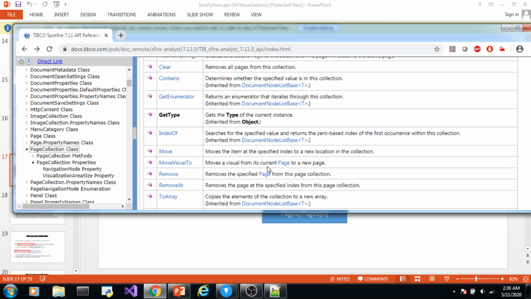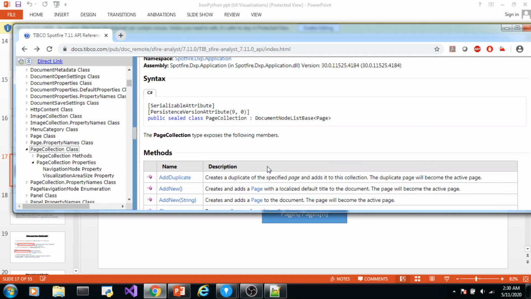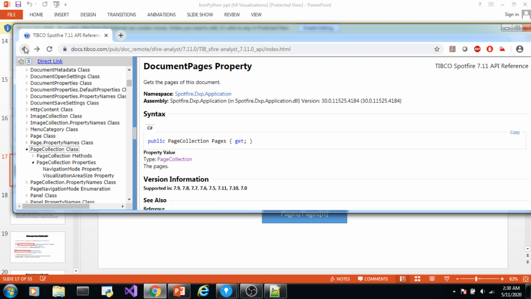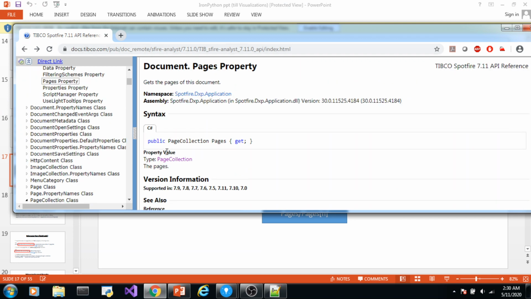Document dot pages, its return type is page collection. So to know what all methods and properties are applicable to the pages that are returned, we'll go to the page collection class.